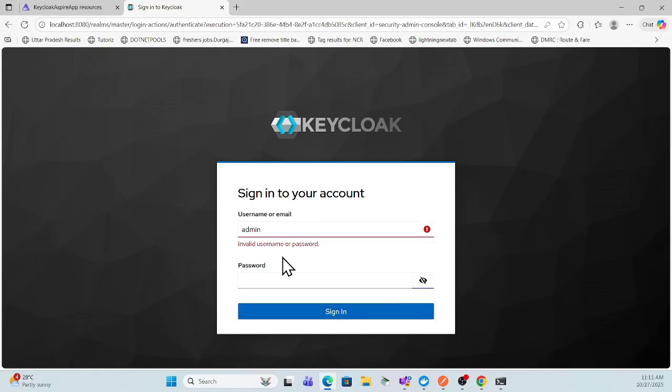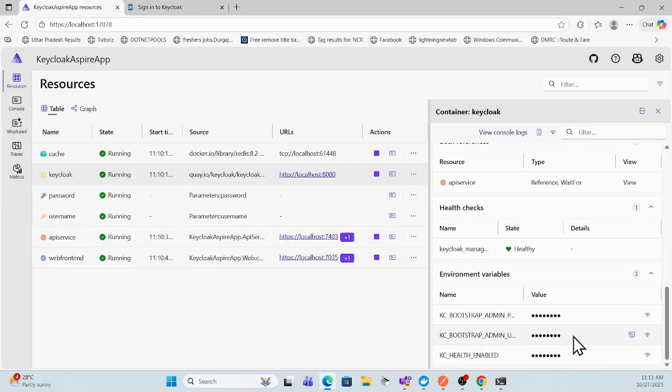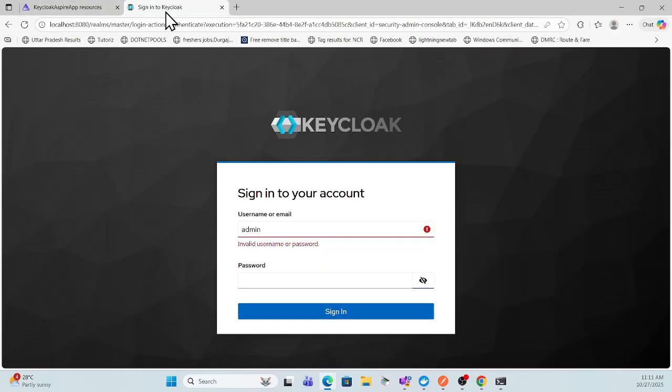Okay, so I'm not able to log in. Let me check what the current password is. It's stored over here. If you see admin and admin, yes, it is admin, but I am not able to log in. Admin and sign in. Okay, so if this is the case, if you are not able to log in,